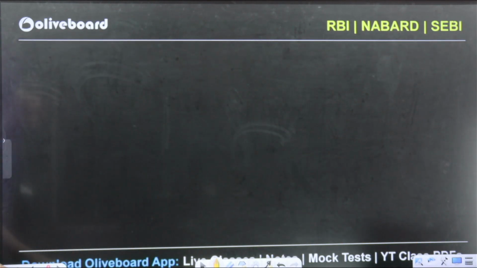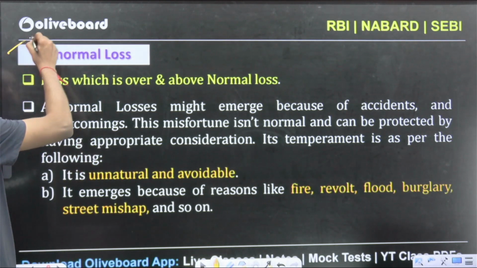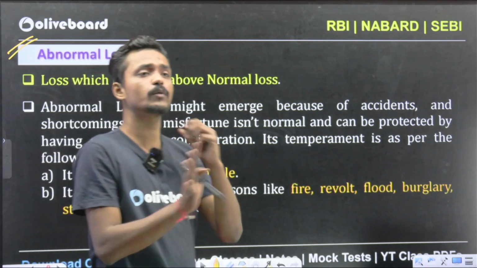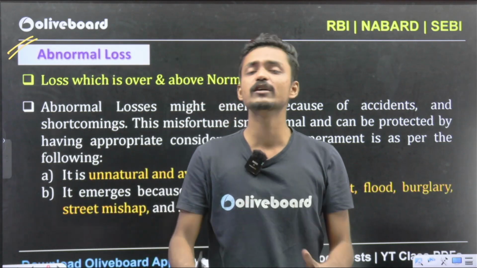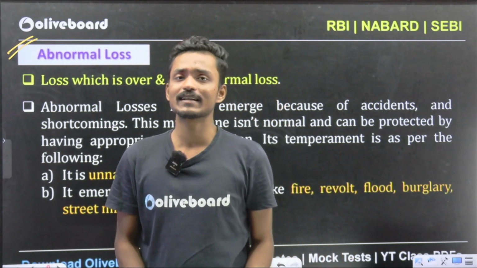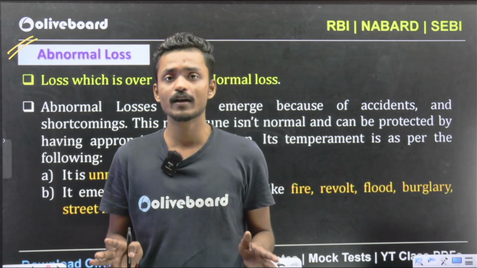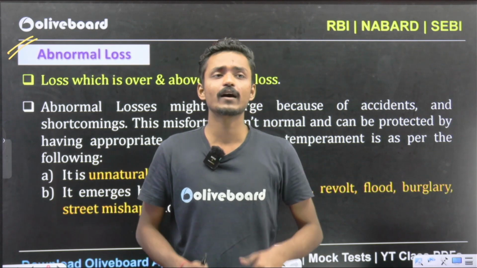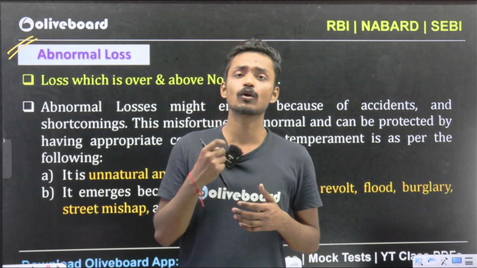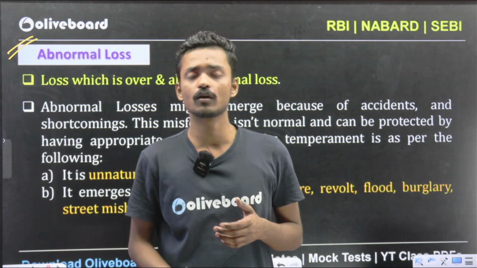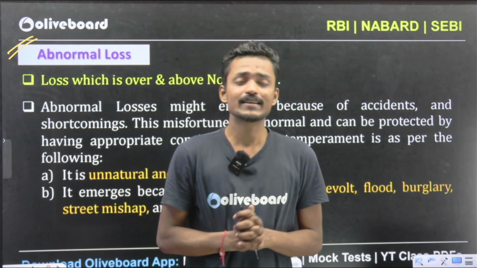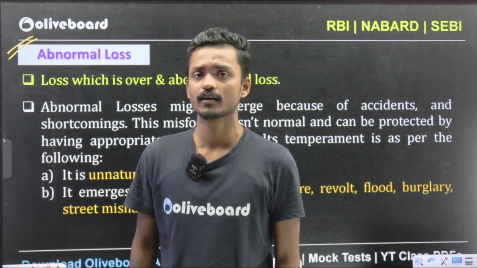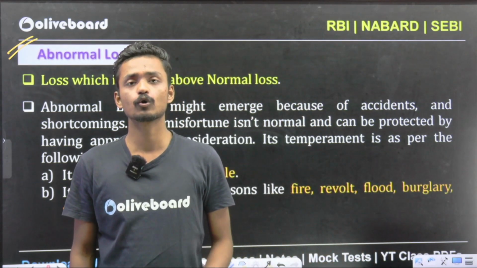Now in the same way, when I am talking about the abnormal loss, because abnormal loss is first of all not part of the production. There is some misfortune or some uncertainty, not on a regular day, but at any time any kind of uncertainty may happen, and we incur the loss over and above the normal loss. That is your abnormal loss. But yes, we cannot consider abnormal cost into our costing of